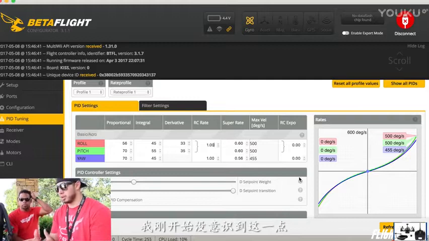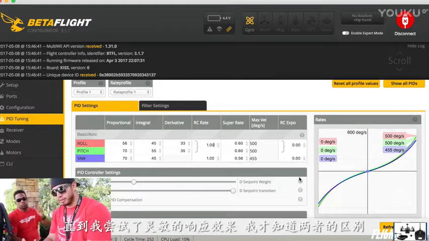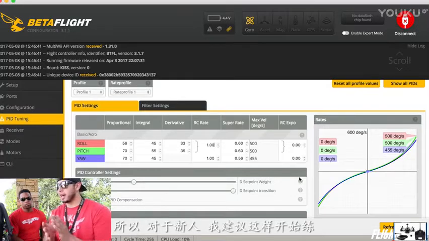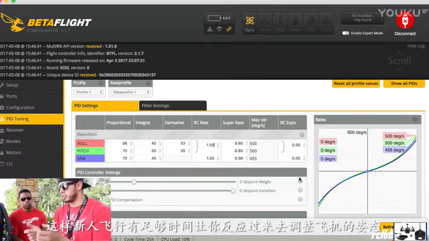And I didn't realize until I went from stiff rates to pretty sensitive rates, and I noticed that with sensitive rates it felt a lot more responsive. So for the beginner, I'd recommend the stiffness, because they're going to be shaky on the sticks. You don't want that to show up in your flying. So for a beginner about to barely just fly,